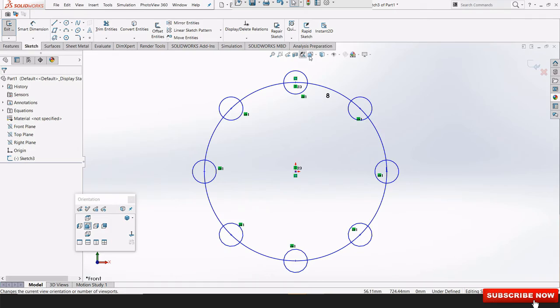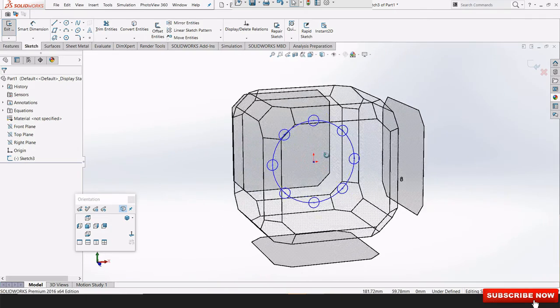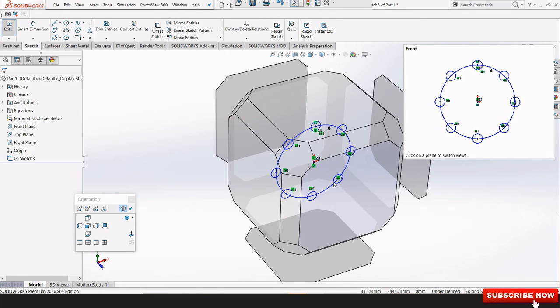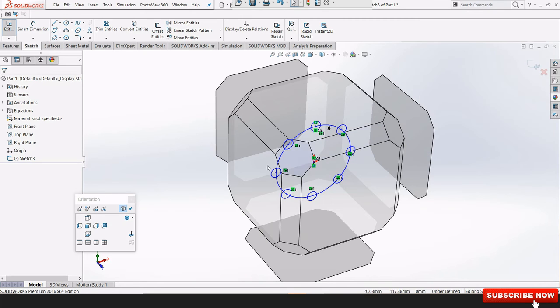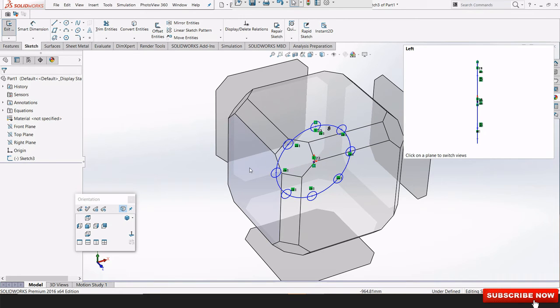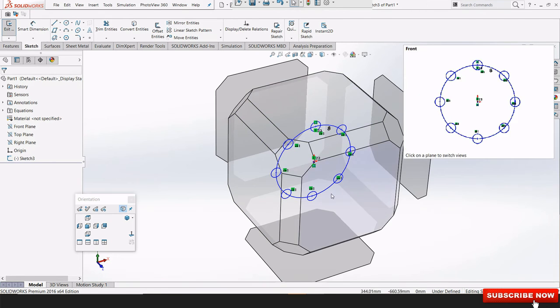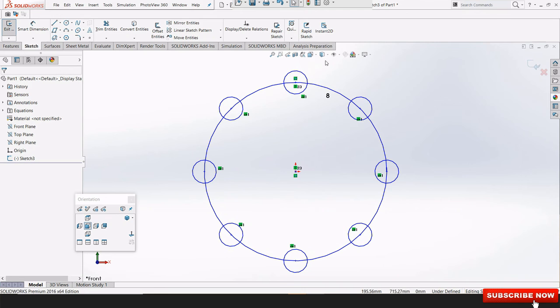Then we have view orientation. You can choose the view orientation from this by choosing any face. Here we will see how it is shown through that face. So I'm choosing this face. It looks like a simple line. Then we have this face, then this face. I have chosen this face, it will show like this. Okay, I have chosen the previous view.